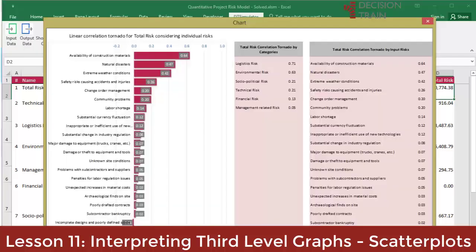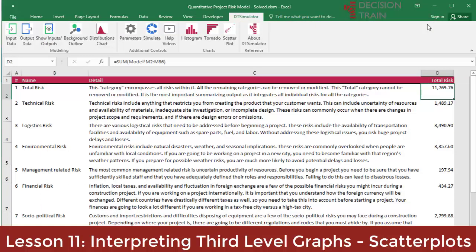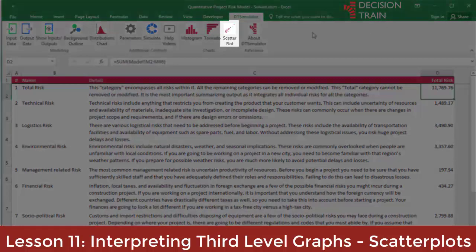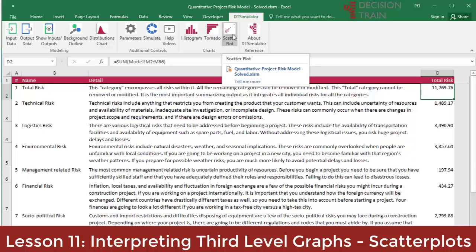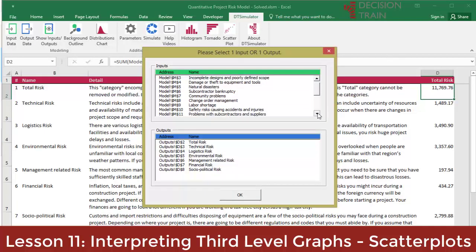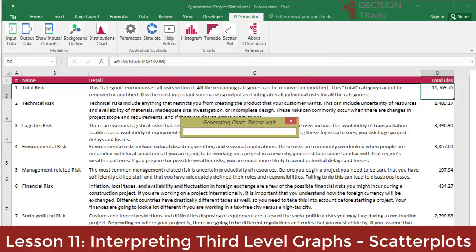Click on the tornado chart icon to generate it. After closing this chart, and with your cursor remaining on total risk, click on the scatterplot icon on DT Simulators ribbon. The following window appears. In this window, select Availability of Construction Materials in the Inputs section, and the following scatterplot will appear after